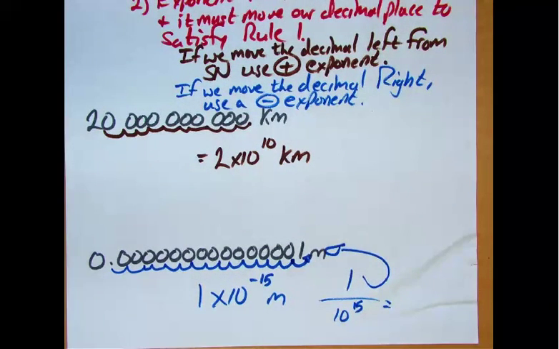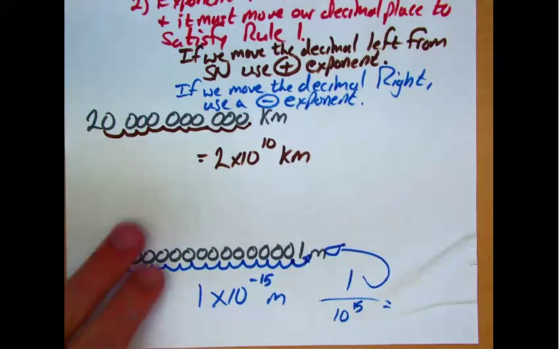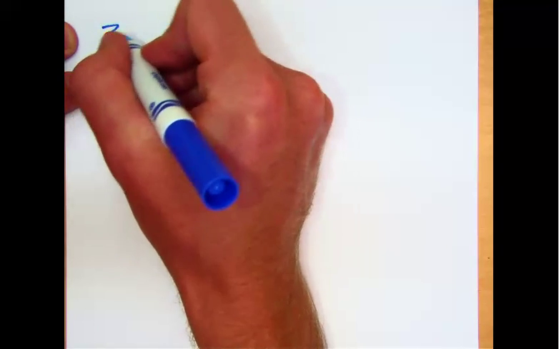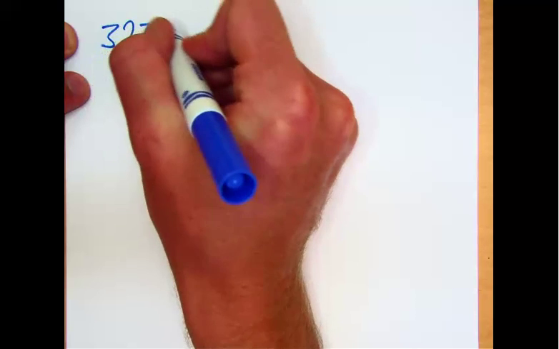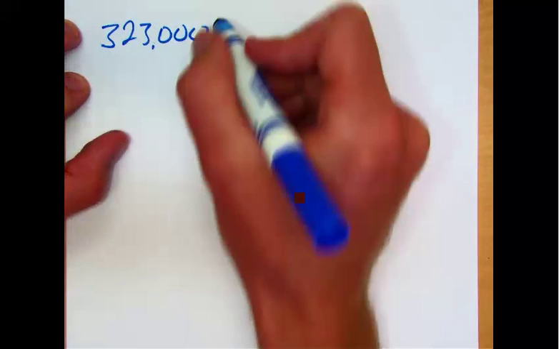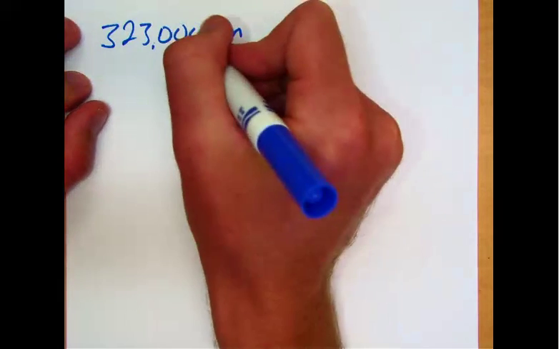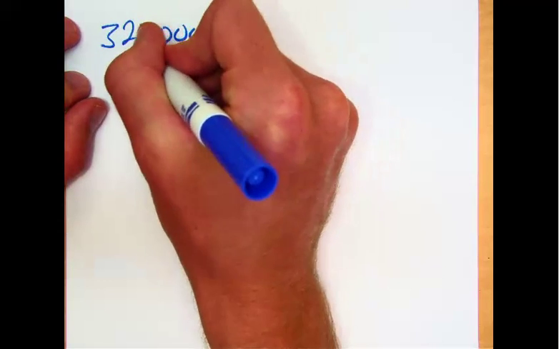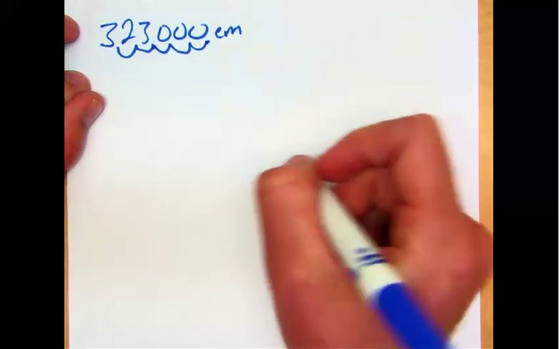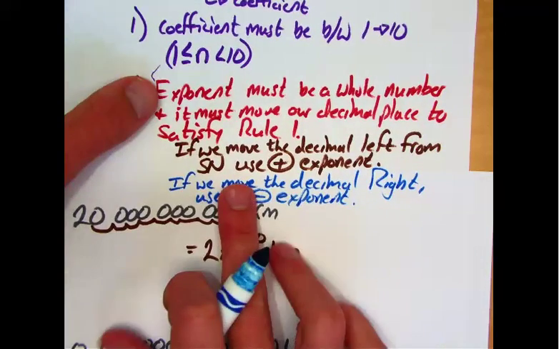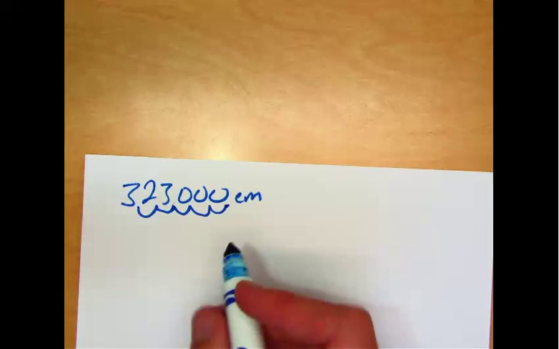Now, what if there's more than one number? For example, we have 323,000. And we need to convert that to scientific notation. So we've got our imaginary decimal right there. We move it 1, 2, 3, 4, 5 places to the left. So rule for moving the decimal place to the left is use a positive exponent. So that is going to be